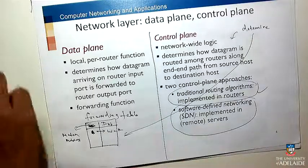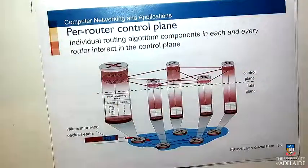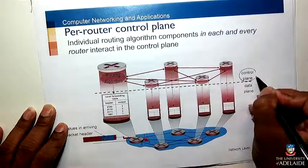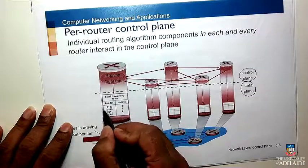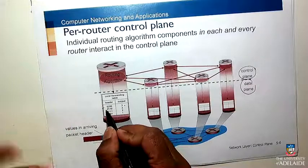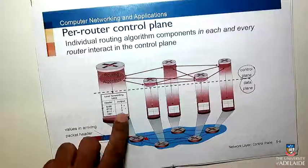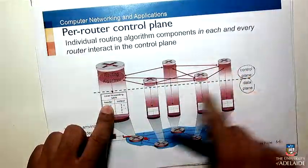Okay. So if you look at the next two slides in your slide pack, this is what happens now. Each individual router has a routing algorithm, which is essentially the control plane, and your data plane has a forwarding table which says, if your IP address matches this kind of information, then send it down link 3. If your IP address looks like this, send it down link 2. If your address looks like this, send it down link 1, and so on. And each of these routers, using their routing